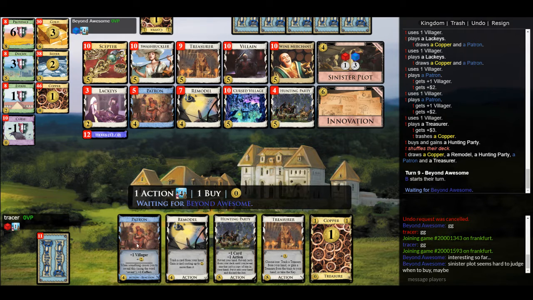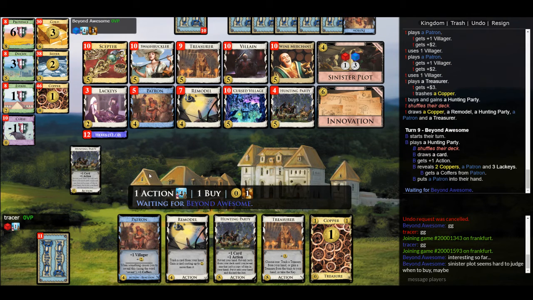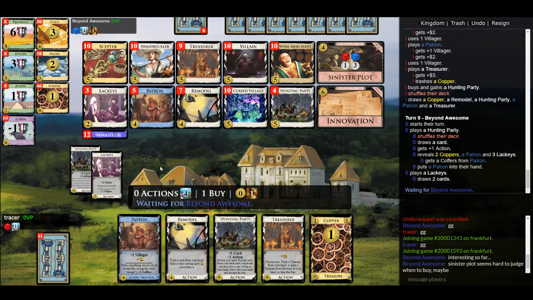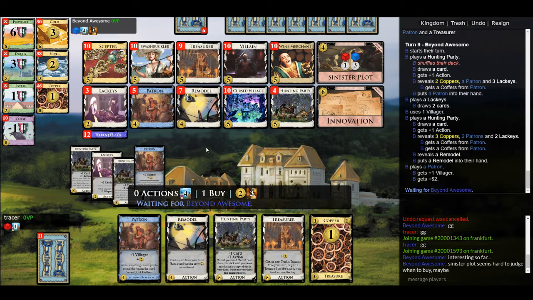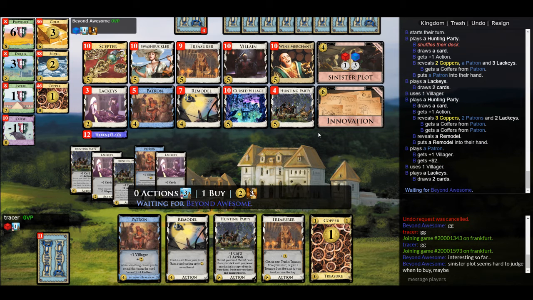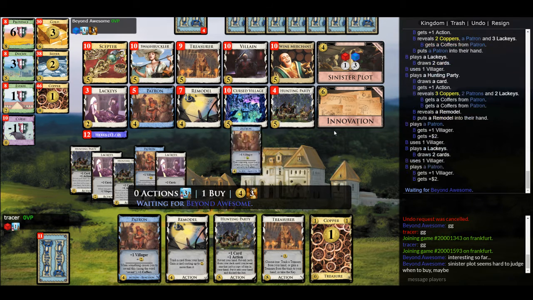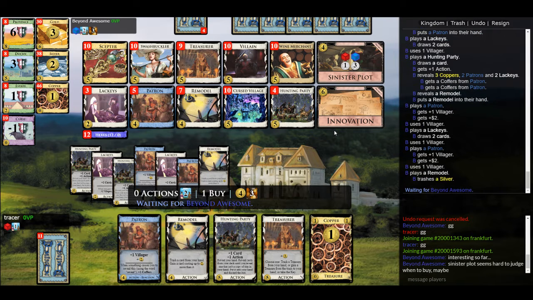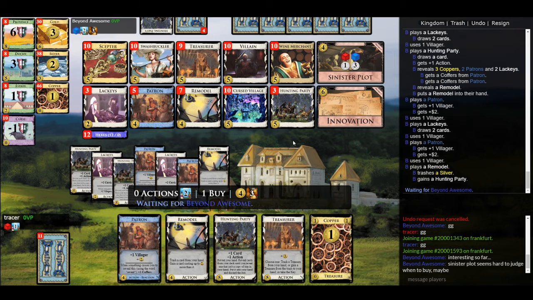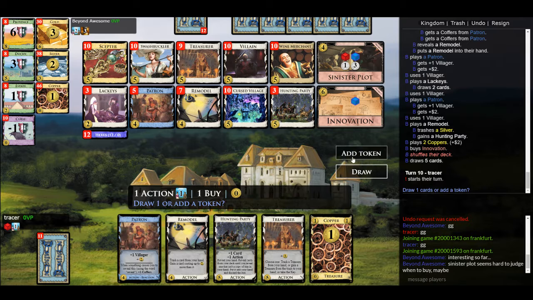Now we'll start to get this Patron stuff going, which is nice. We do need a Cursed Village somewhat soon, which is annoying because it doesn't really do a whole lot, but it is a village. That's right, you did your first to a Remodel. Apparently that's going to be working really well for you. I'm not entirely sure how you have all of these villagers left, but...